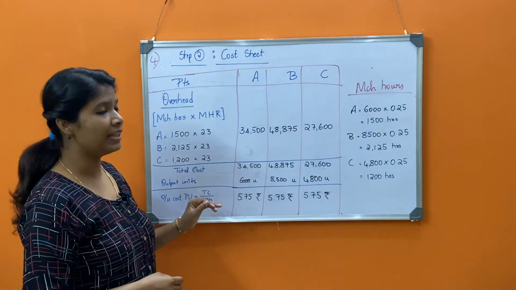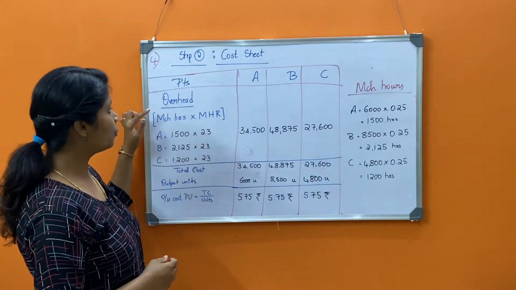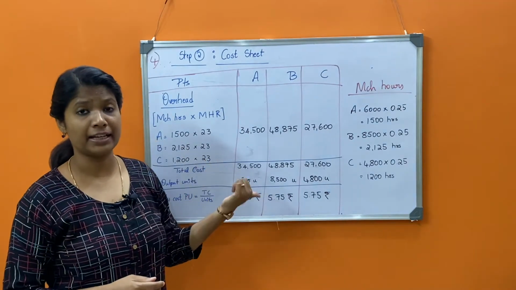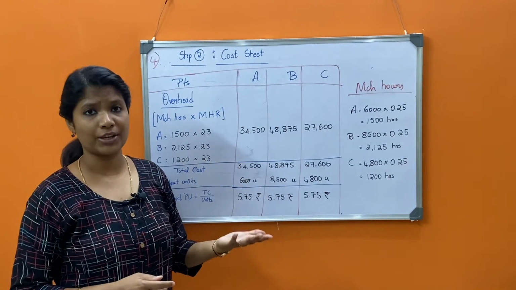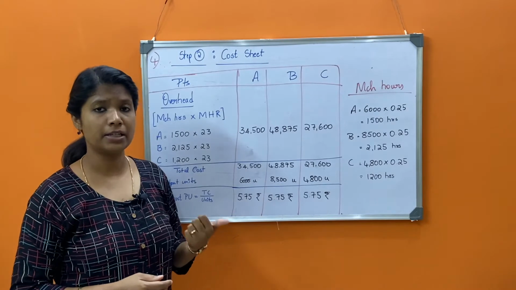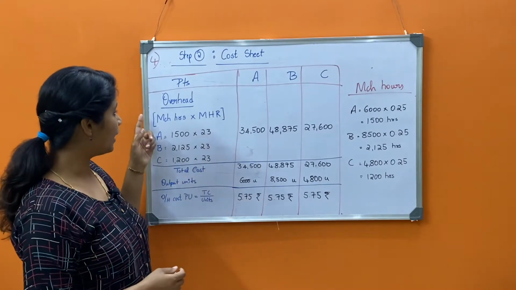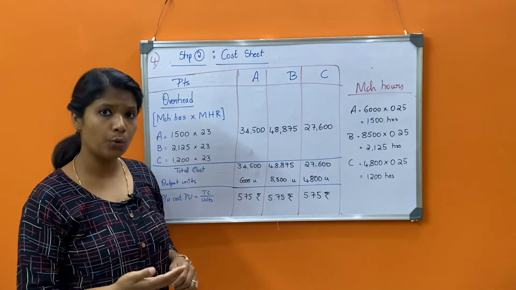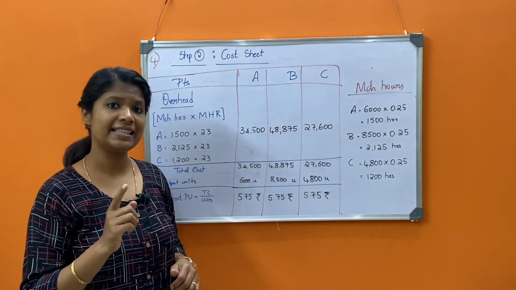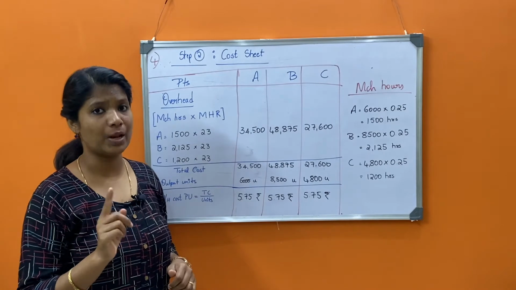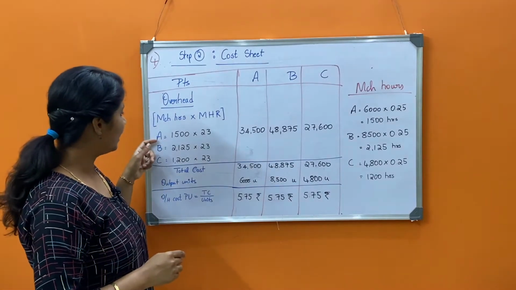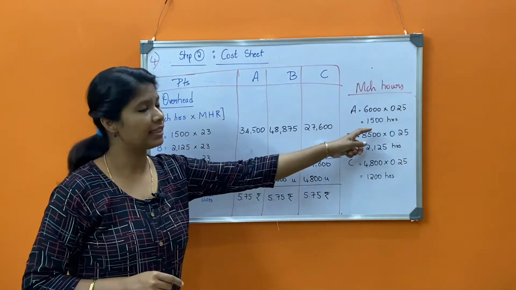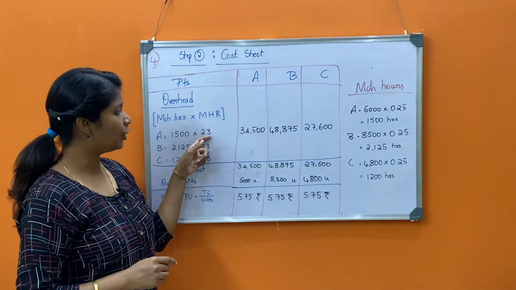Then we move on to the cost sheet. As I told, this cost sheet starts directly from overhead, simply because the question does not give us direct materials or direct labor. So overhead is machine hours multiplied by the machine hour rate, or the overhead rate we found in step number 1, that is 23. Here A has taken how many hours? 1,500 multiplied by 23, we get